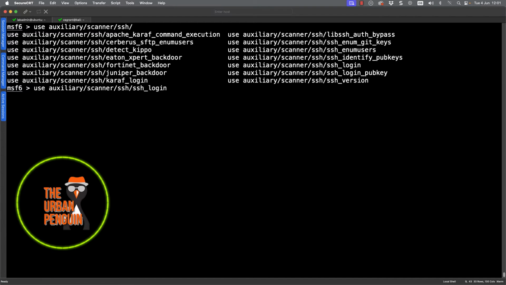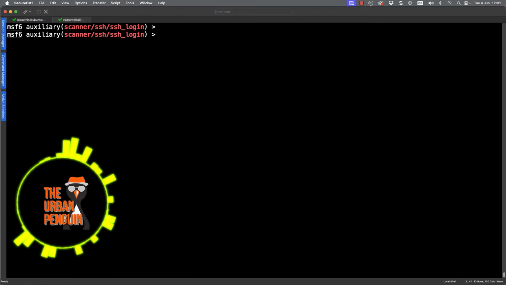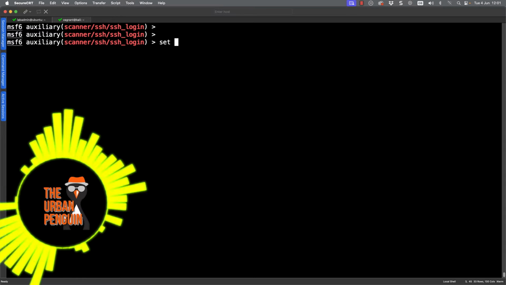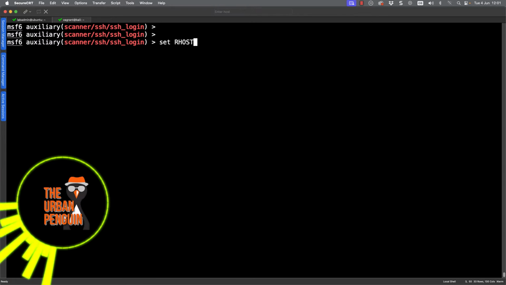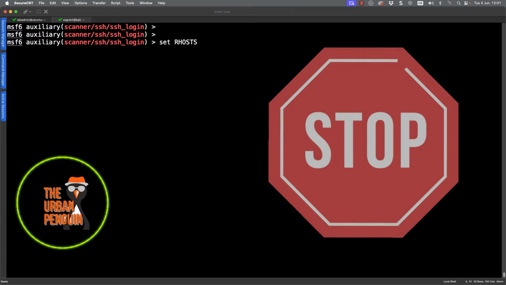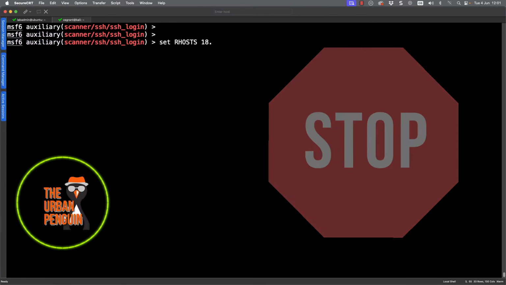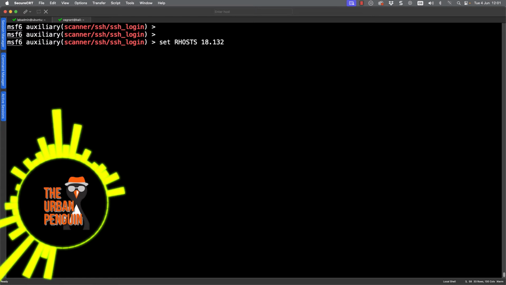So let's go through. From the prompt, I can clear my screen, and then I can set the target. Make sure, and this is serious now, you are setting a host that you control. This shouldn't be just a random server.